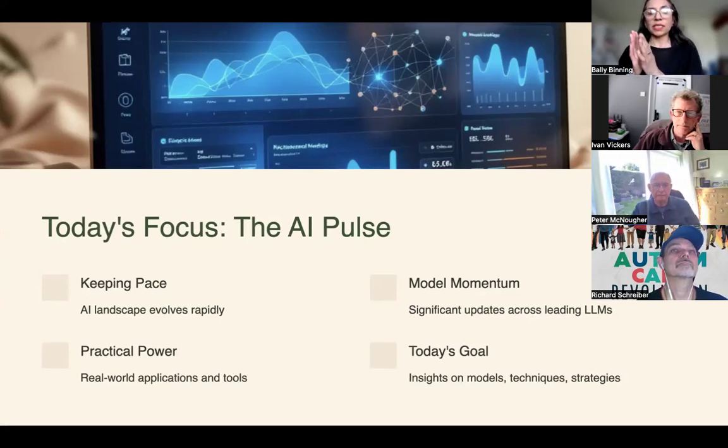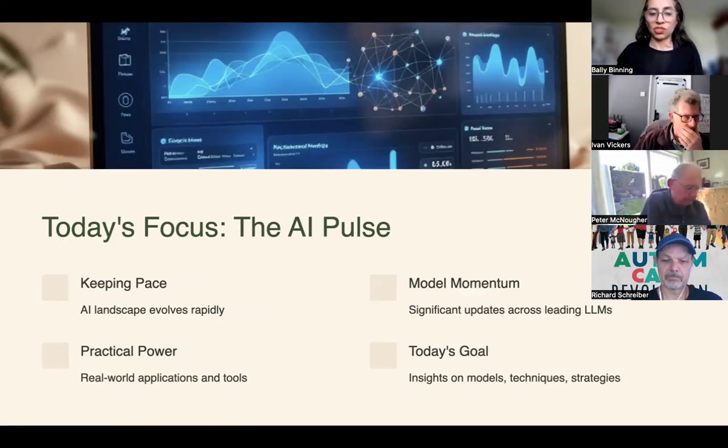So what we're going to be doing is, like I said, a bit of an AI pulse check. On the leaderboard, there are some high performing tools out there. Some of you may be keeping an eye on that, maybe you're not, but I'm going to do a bit of a dive into where the space is, and I'll ask questions about which ones you're using. So we've got that opportunity to share.